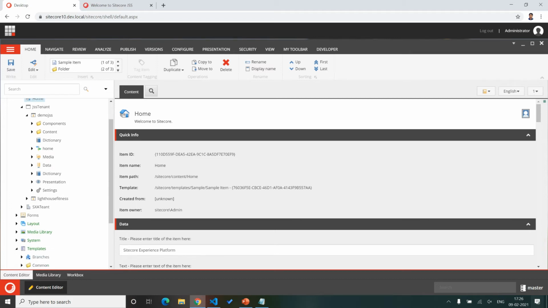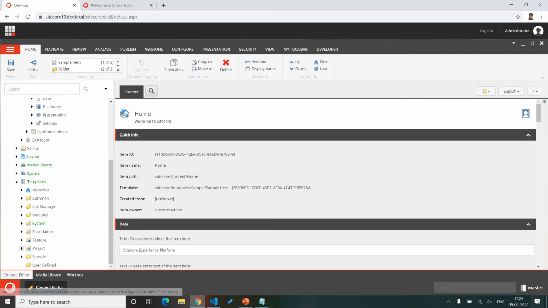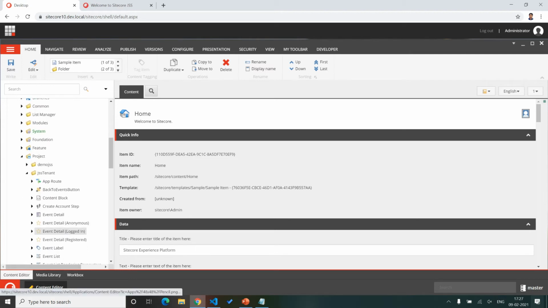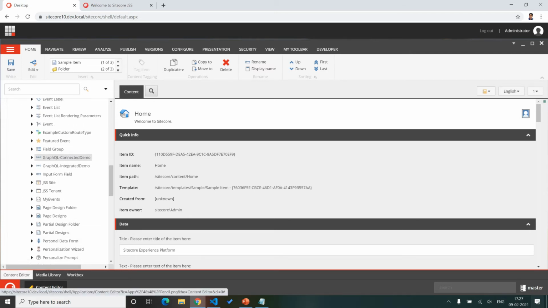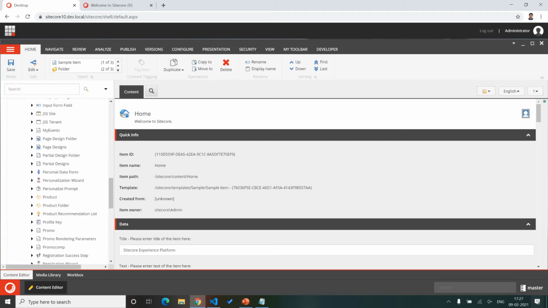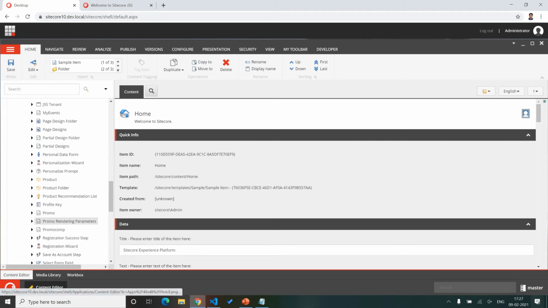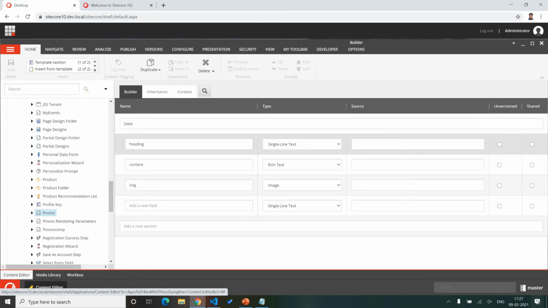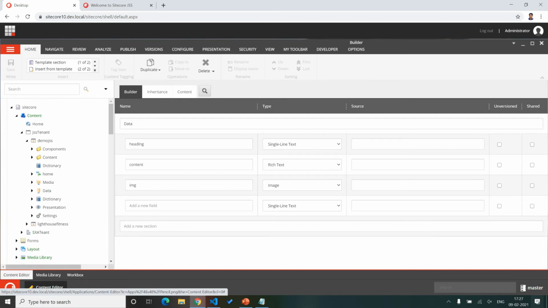Second, two different templates under our project. One is the promo template and the second is the promo rendering parameter template. Let me open the promo template. In the promo template we have header, content and image.